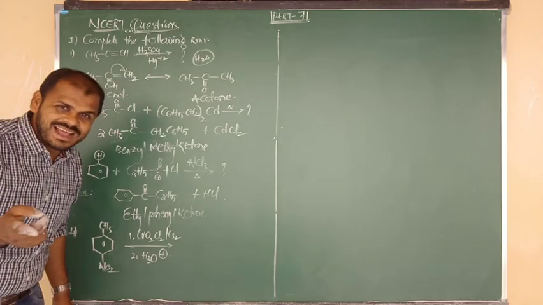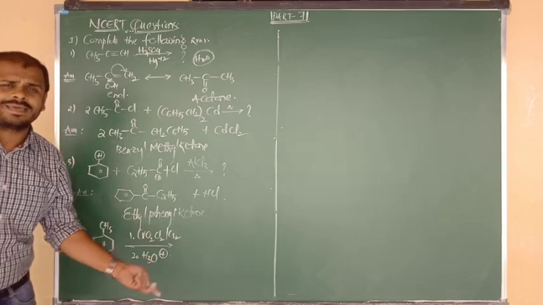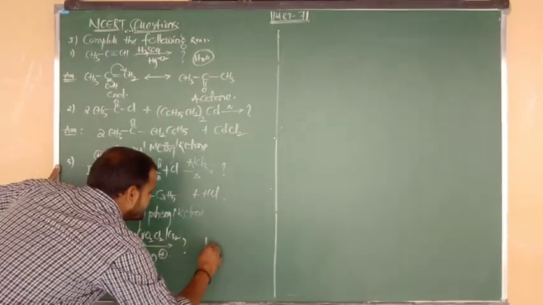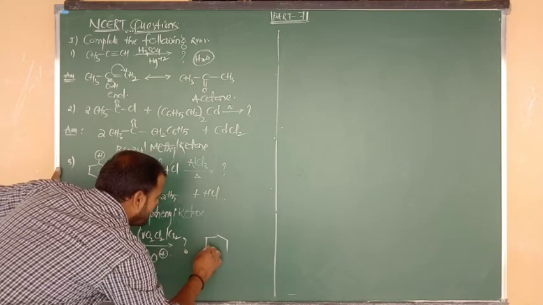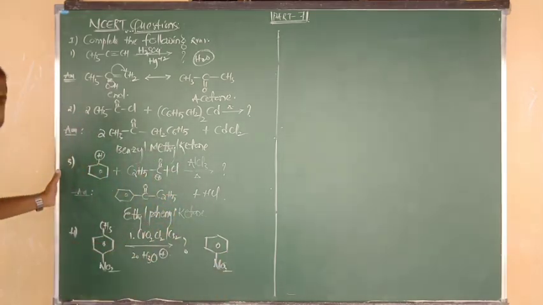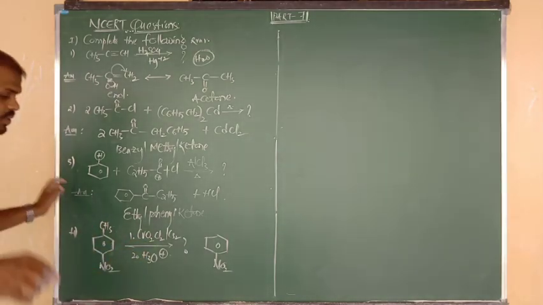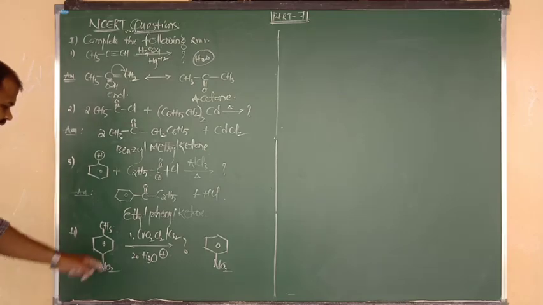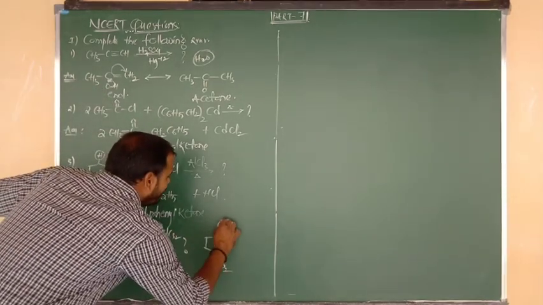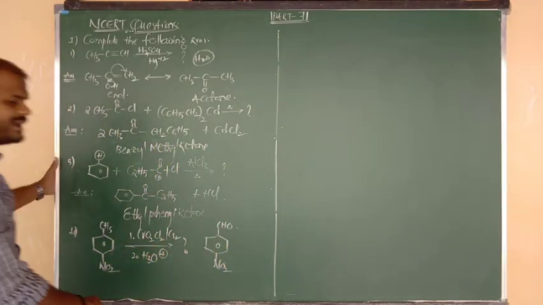Toluene changes into benzaldehyde, CH3 changes into CHO, but the NO2 group below will remain the same. So the answer is benzene bonded to CHO and NO2, NO2 remains same. In presence of CrO2Cl2, as I have told you, chromyl chloride can oxidize the terminal CH3 into a CHO group. Means toluene changes into benzaldehyde, but at the fourth place the nitro group is there, that is as it is.